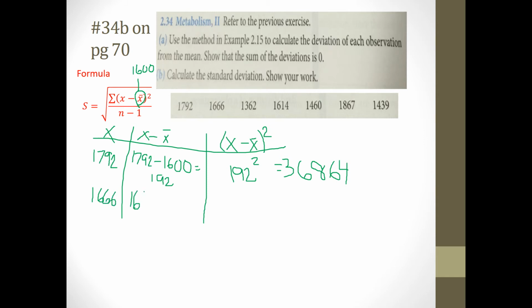And I'm going to take that 1666 and I'm going to subtract the 1600. And when I subtract those, I get 66. And then I'm going to take that 66 and I'm going to square it. And 66 squared is going to give me 4,356. Okay, pause the video and you try